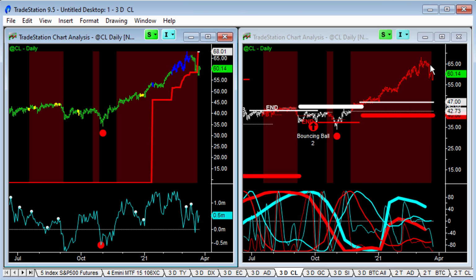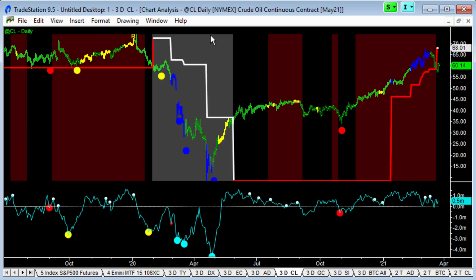Crude, I did not catch the top in crude, and I'm kind of annoyed about this, but it's been pretty bouncy over the last couple of days. I've had one good trade in the last year in crude, and all the others have been either just not interesting or just wrong. So I don't know, maybe I should stick to natural gas instead of crude. But anyway,